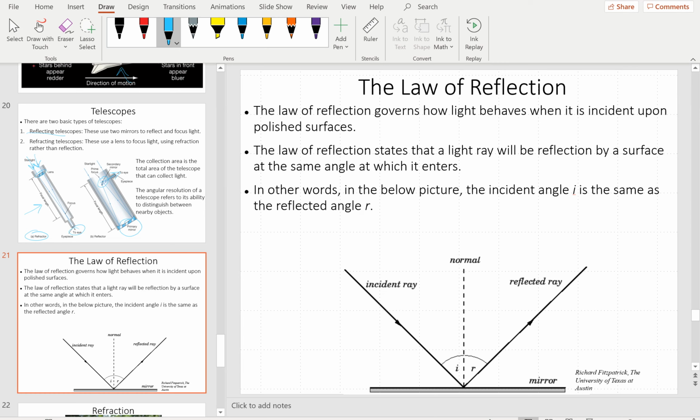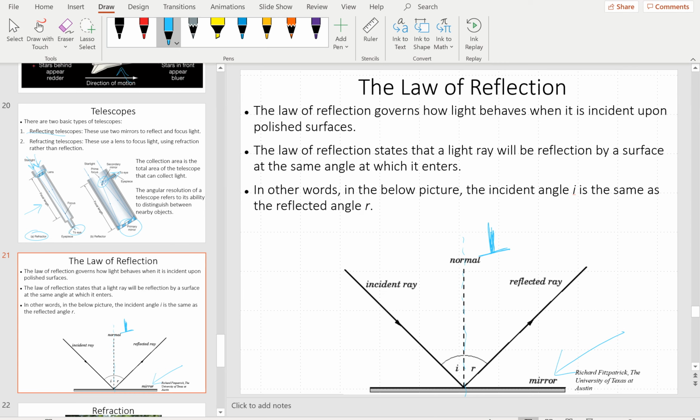Here is the mirror, and this is what we refer to as the normal to the surface. In this case, normal means perpendicular. It's a fancy term meaning at a 90-degree angle. So this is just a line that we draw straight out from the mirror at a 90-degree angle. Imagine you're looking in a mirror and a line is coming into and out of the mirror at a 90-degree